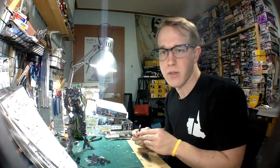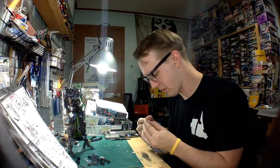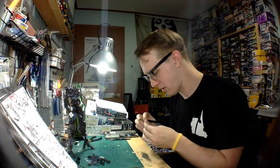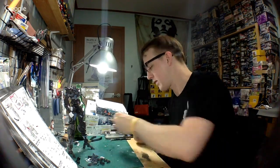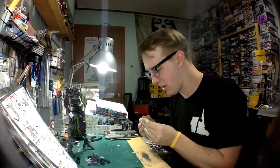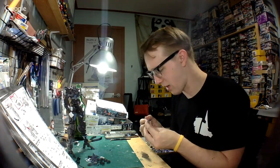HG G-Reco Gundam is about Hi-Zack. Definitely, we need more 100 scale AGE, IBO and G-Reco kits. There's a couple of Iron-Blooded Orphans kits that would be cool to see in 100 scale that we haven't got yet, but Iron-Blooded Orphans does have a fair amount of 100 scale kits out already, so it's not something I'd be signing a petition for, like, give us some more 100 scale IBO kits. But some more 100 scale AGE kits, I could definitely agree with that. And 100 scale G-Reco kits, I could